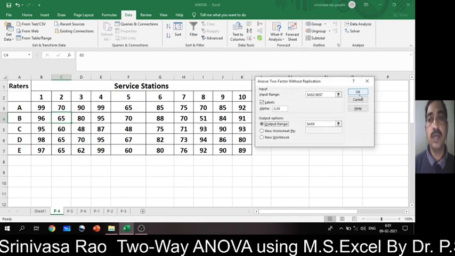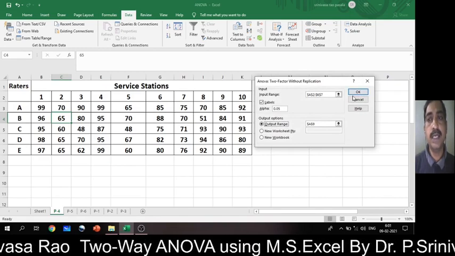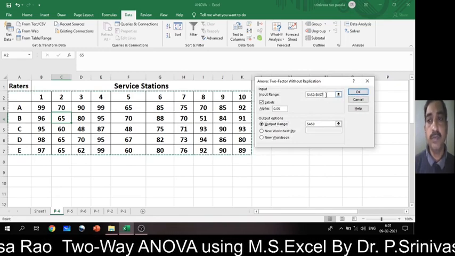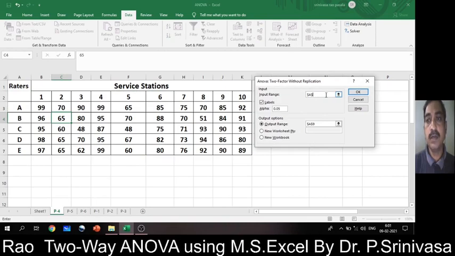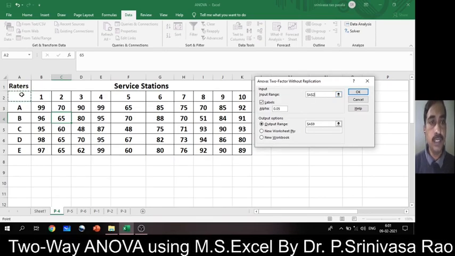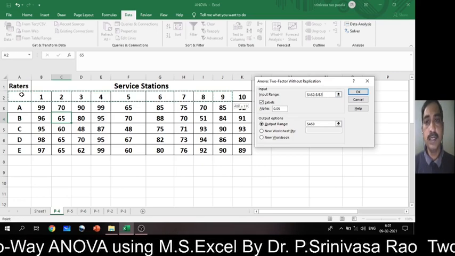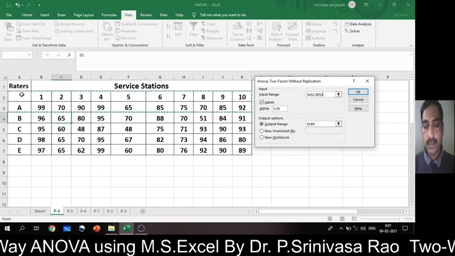Okay. Then another pop-up box appears asking for the input range. That is your data range. So I select my data range. There are 10 service stations and 5 raters.